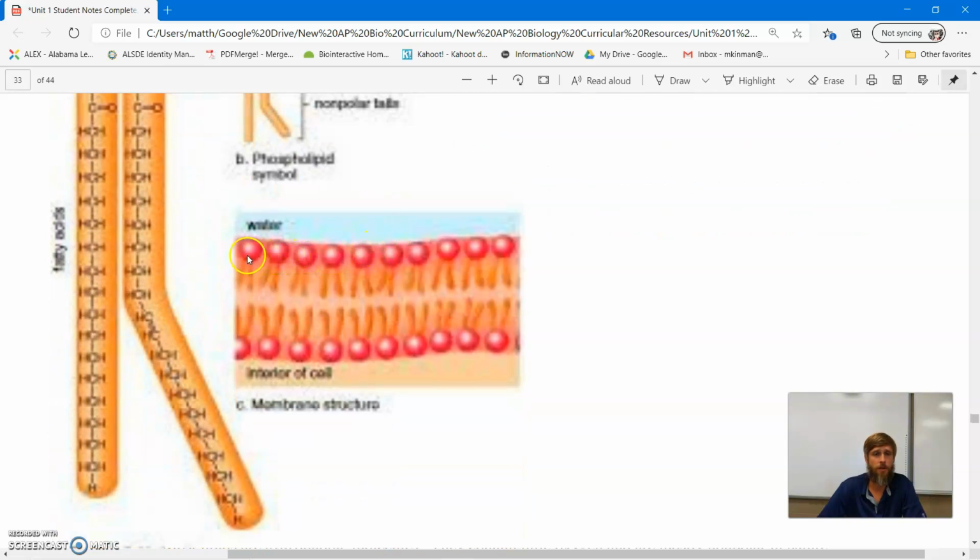Okay, so here is your diagram for a cell membrane. Here's the water on the outside. Here's the interior of the cell. Here's the inside layer and the outside layer. And notice the orientation. All the tails are pointed inward. Why is that? Why are they pointed inward? Because water is out here and they're hydrophobic. They're pushed away from water